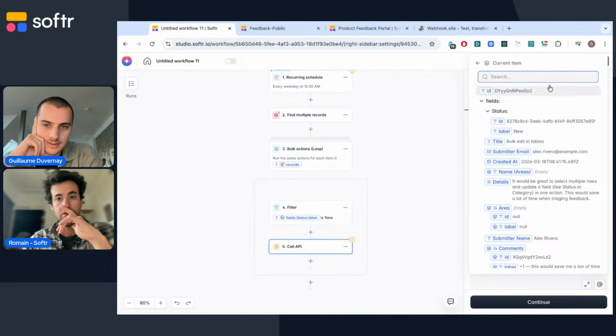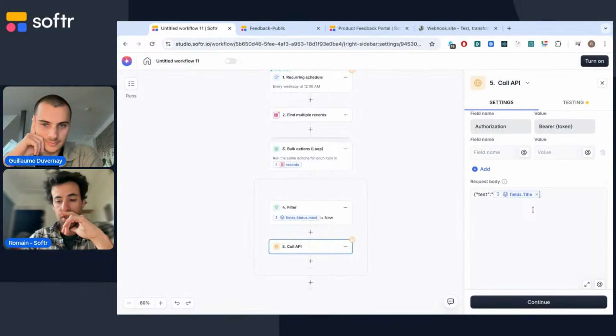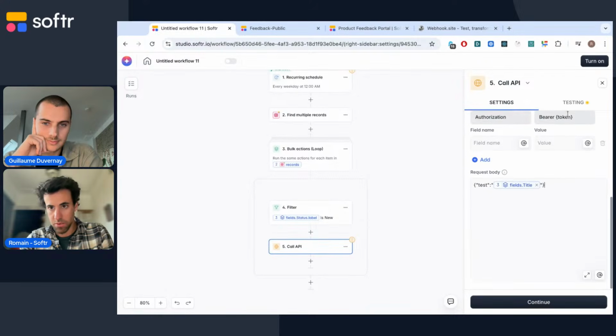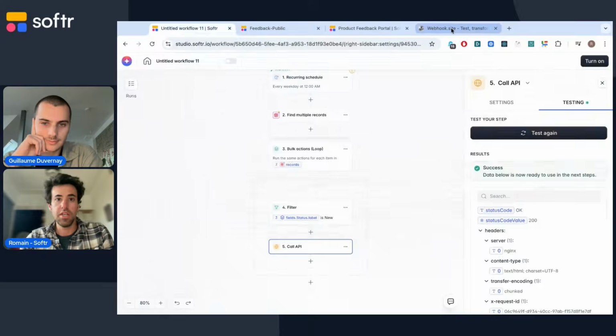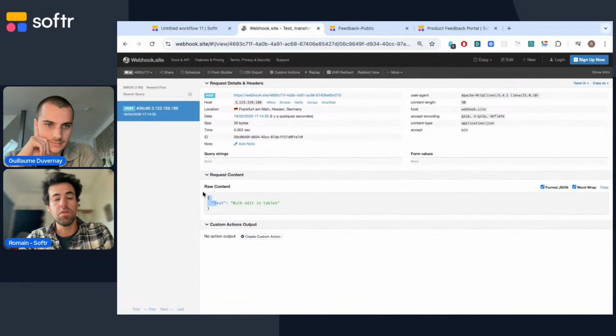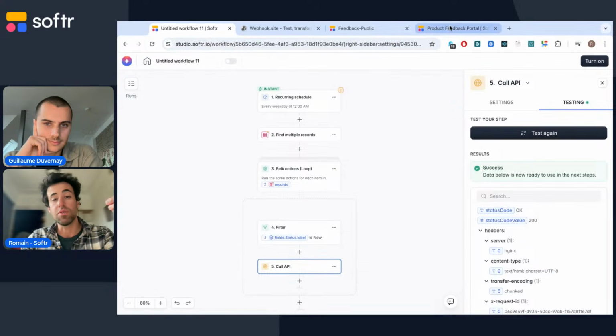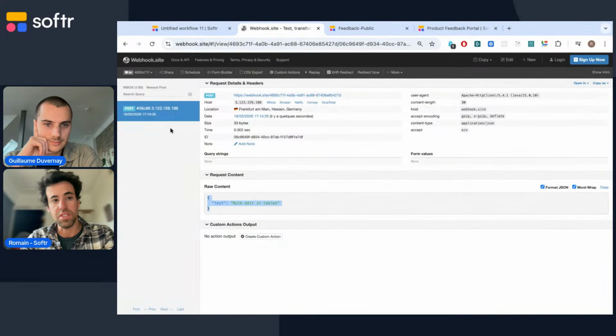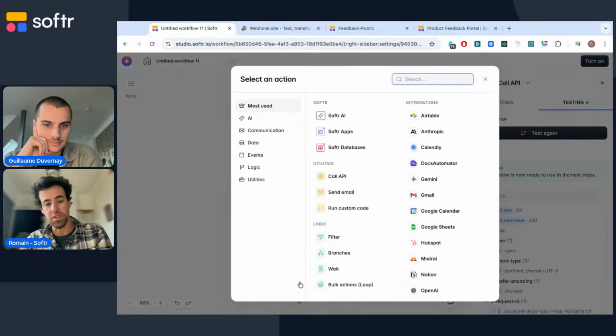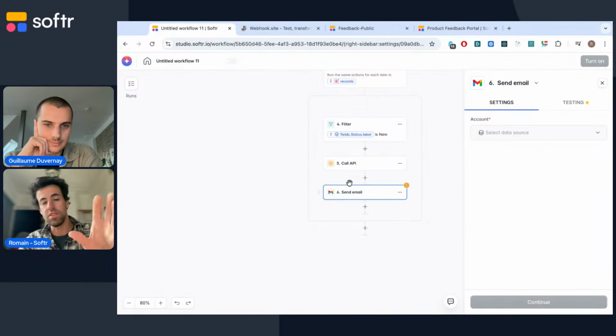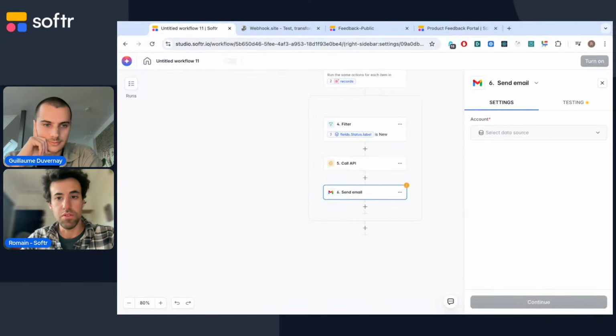Yes, exactly. So for instance, let's take the title. And you need it to be valid JSON to work. So I'm going to check quickly, it seems okay. And if I test here, I receive the value of this element. And when the workflow is actually going to run, I'm going to receive nine requests here. Or maybe it will be something different. As I said, maybe it's an email that you send, and it will send each time to this record with the value of the record.